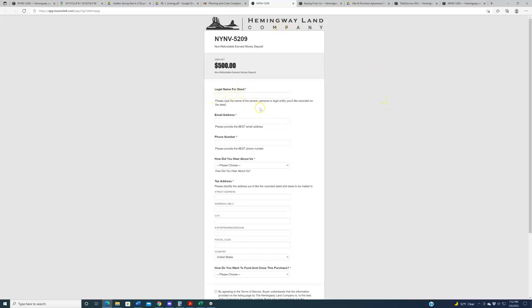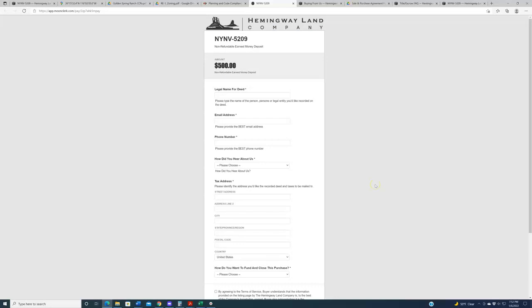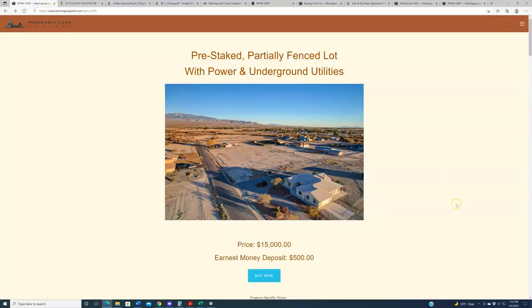Give us some information, legal name for deed, tax address, so on and so forth. Agree to the terms of service. Click next. On the very next page, you can enter credit or debit card information to place that non-refundable $500 earnest money deposit. Now, people, as always, when we get into properties in this $15,000 price range, we always recommend to our buyers, particularly if you're buying this lot, if this is something you're going to develop, if this is something you're going to build a house on, you want title insurance,